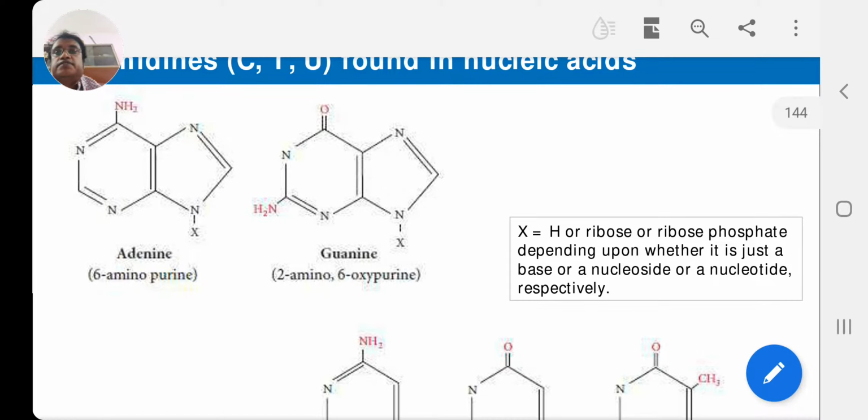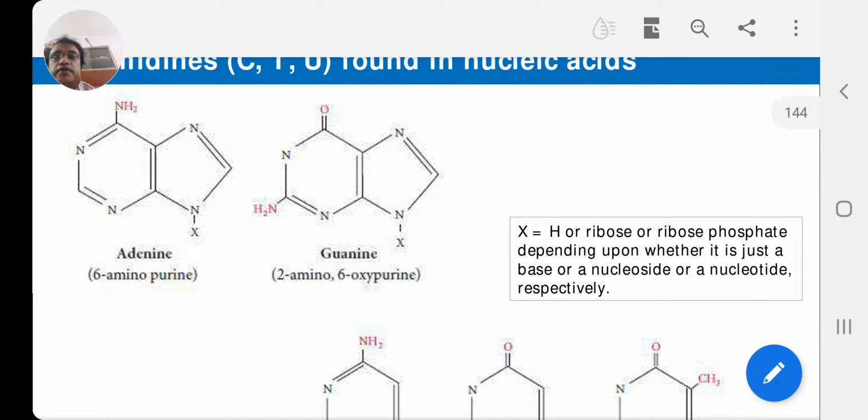Thus, a nucleotide essentially consists of nucleobase, sugar, and phosphate. Nucleoside refers to base plus sugar, and nucleotide refers to nucleoside plus phosphate. Nitrogenous bases found in nucleotides are aromatic heterocyclic compounds, and of two types, purines and pyrimidines.